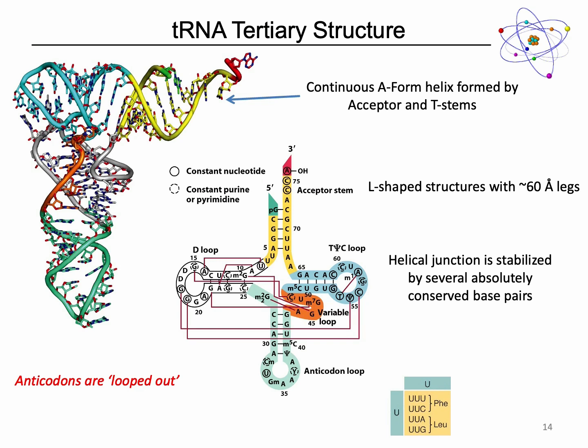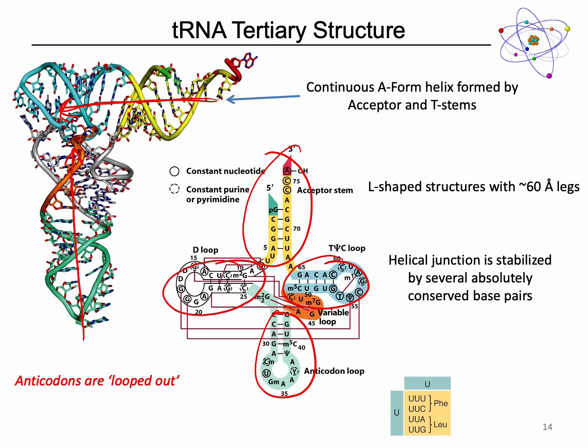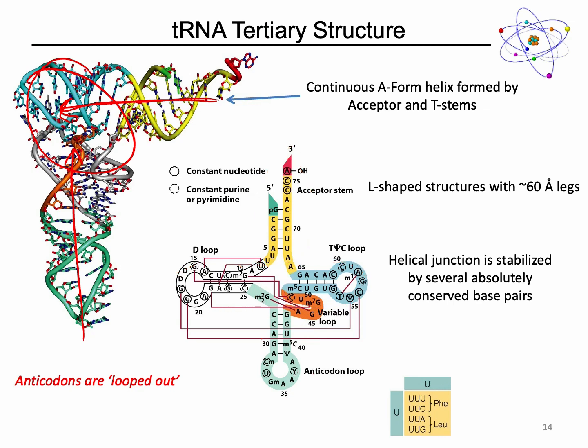Okay, so what this is kind of hoping to point out is some of the non-standard base pairs that occur in this hook structure of tRNA. Note here that there are two continuous A-form helices, right? One of them is right here. It's formed by the acceptor stem and the T-psi-C stem. Okay, one continuous stem here. And then there's one continuous helix here formed by the anticodon loop and by the D loop, the dihydrouridine loop. Okay, and this helical junction where there's this sharp turn, that is maintained by these non-standard nucleic acid hydrogen bonding,